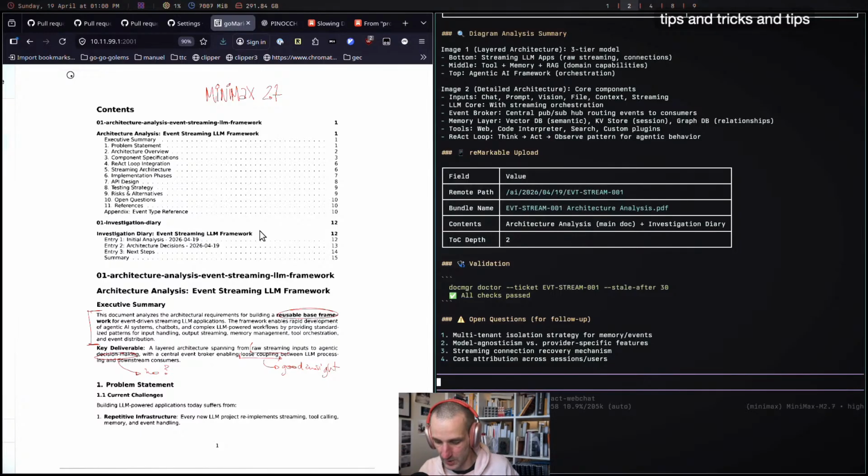So it's really interesting. I've done a bunch of this upfront planning with dumber agents now, and I'm kind of surprised.